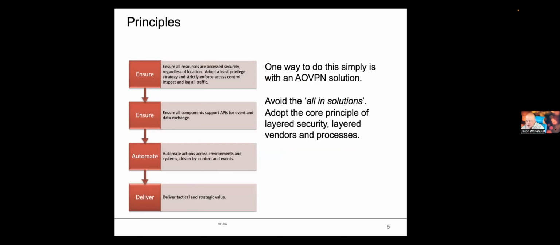First we have to ensure that all the resources are dealt with securely, regardless of location. The easiest way to do that, right, is a Zero Trust platform. There are a number of vendors out there. Some I like better than others for different reasons, but you've got Perimeter 81, you've got Total, Palo Alto's got a platform, then there's other vendors that also have a platform, and their underlying pretext is